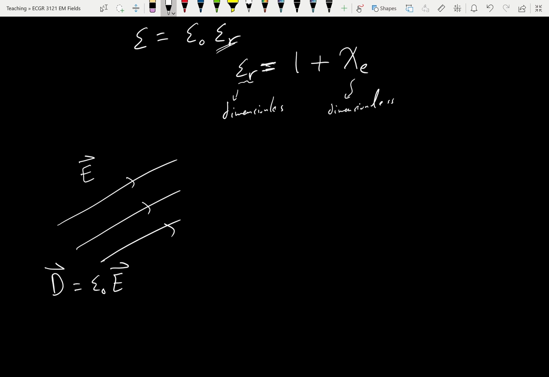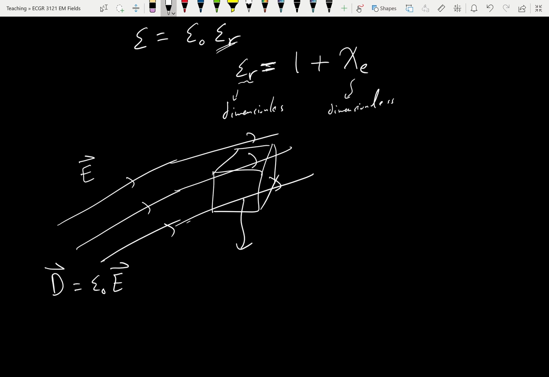What if you have a material and this field passes through this dielectric material? You'll get a different D. This D now inside this material will not be epsilon naught E, it will be epsilon E. Right? The material will have a different epsilon, but this epsilon of the material that determines the total polarization in that material, which is the polarization of the material plus empty space, is going to be a compound of